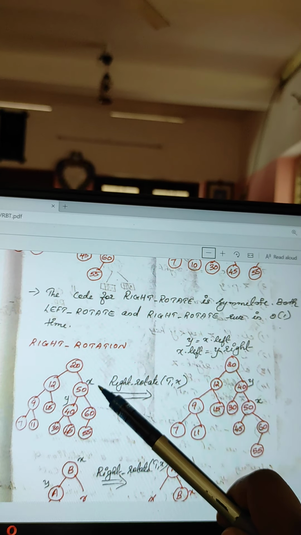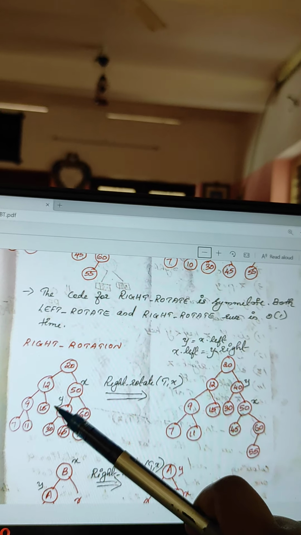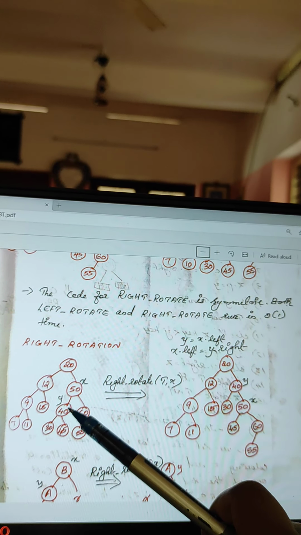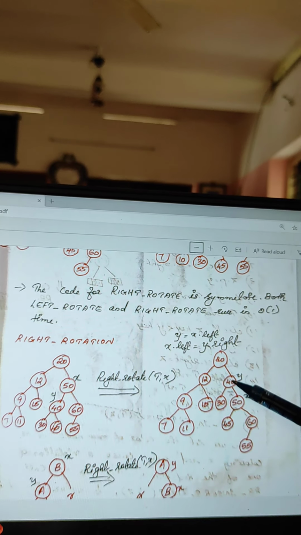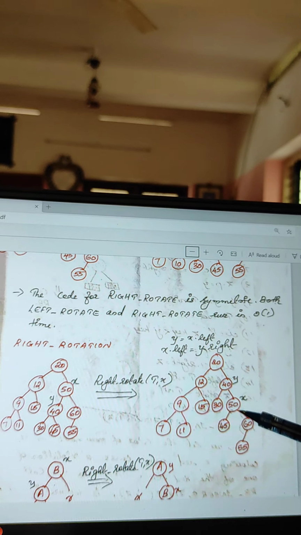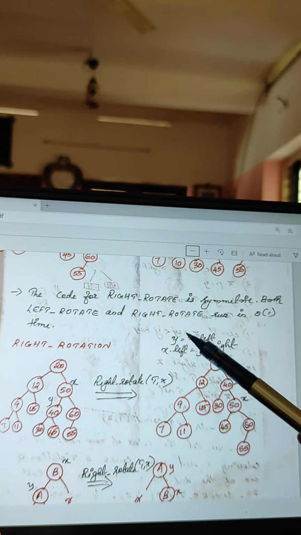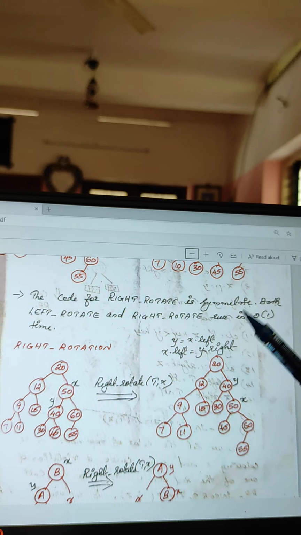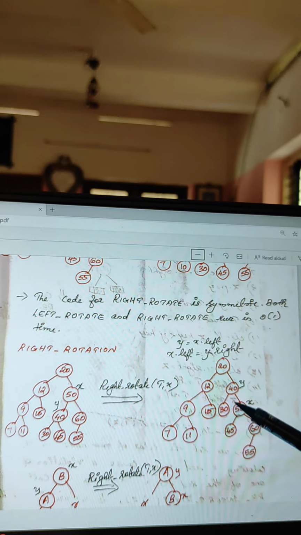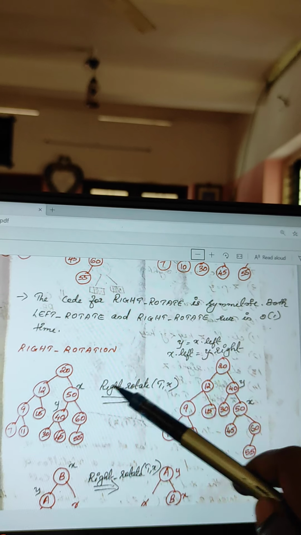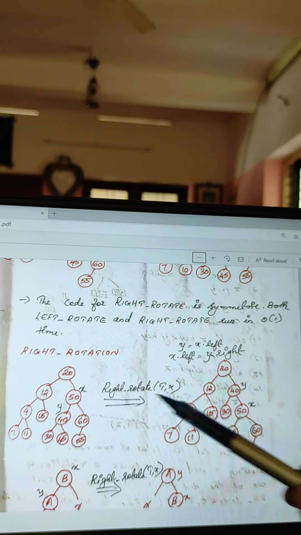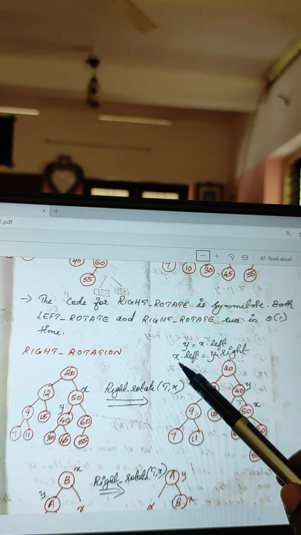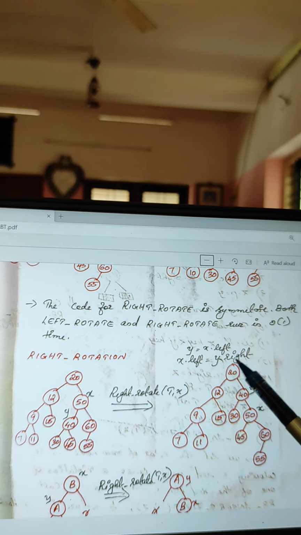That is rotating like this on the right side. So we pull down 50 here, then 40 will go up. See, 40 goes up and 50 will go down. Then what do we check? If y equals x.left, then x.left equals y.right.